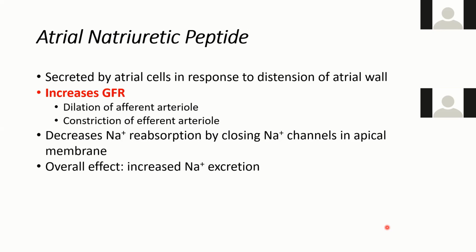So basically what we're doing is pushing flow really high into the glomerulus and then stopping it from getting back out. We're doing this to increase the hydrostatic pressure in the glomerulus so that we can affect the solute concentration of urine, kind of. So our overall effect is that we're going to be increasing the amount of sodium that we're